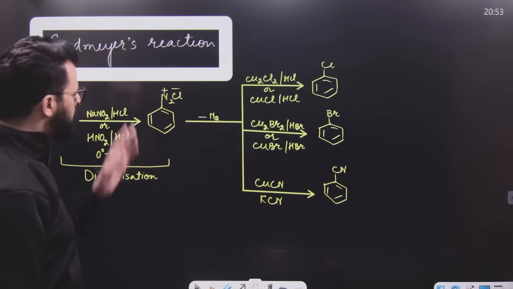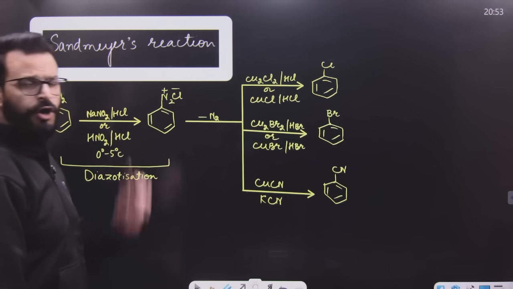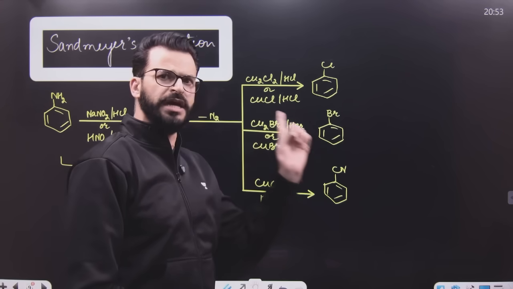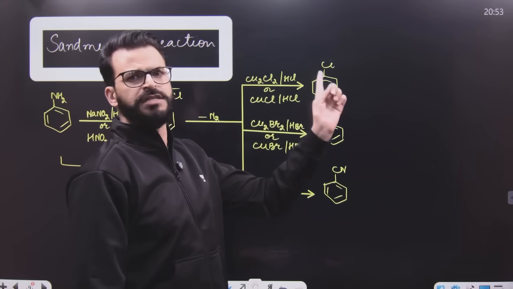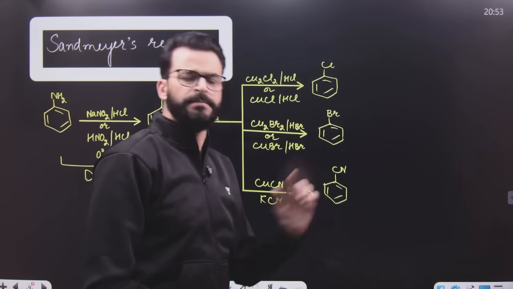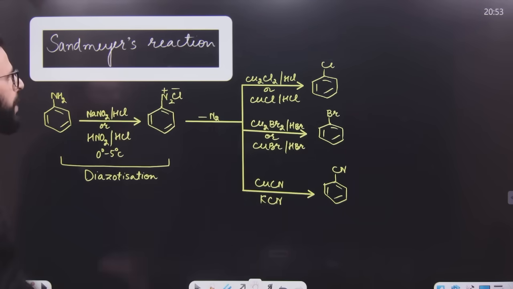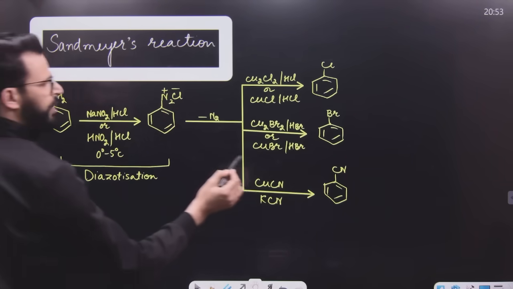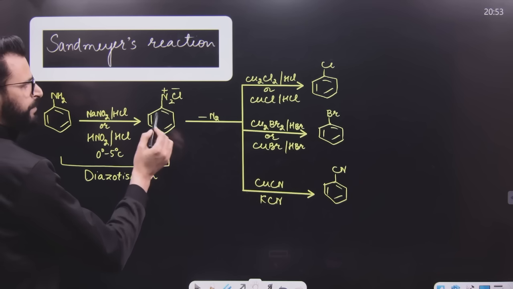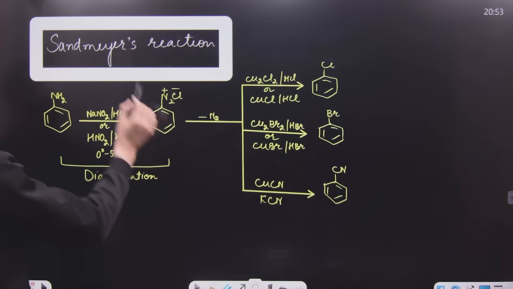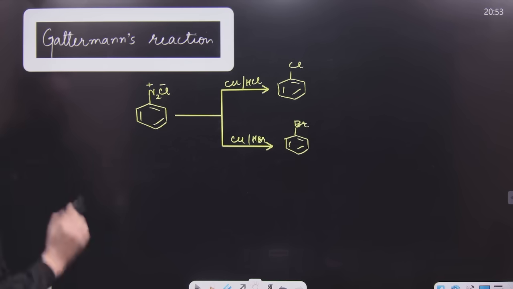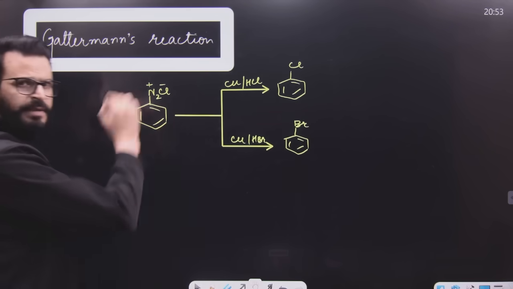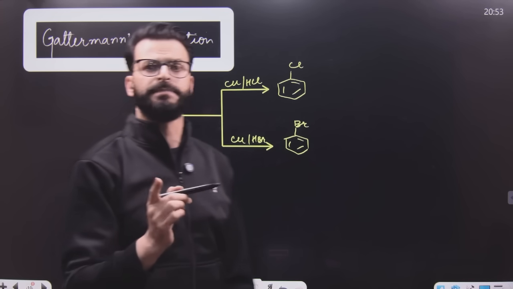But remember, this diazonium salt on treatment with CuCl/HCl, CuBr/HBr, CuCN/KCN results in the formation of chlorobenzene, bromobenzene or benzonitrile, and this reaction, where chlorobenzene, bromobenzene or benzonitrile is obtained from benzene diazonium chloride or benzene diazonium salt, is known as Sandmeyer's reaction. After that, when benzene diazonium chloride or benzene diazonium salt is treated with copper powder in presence